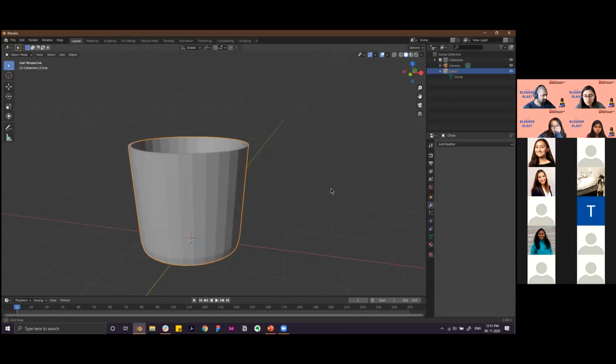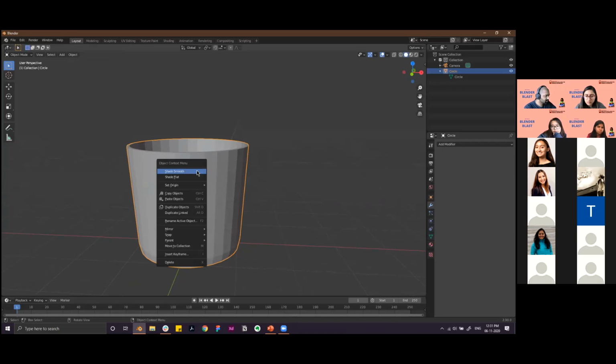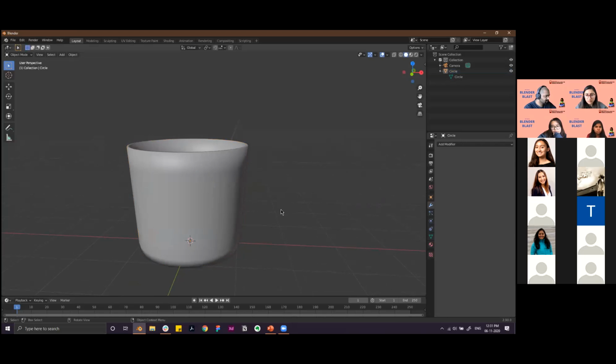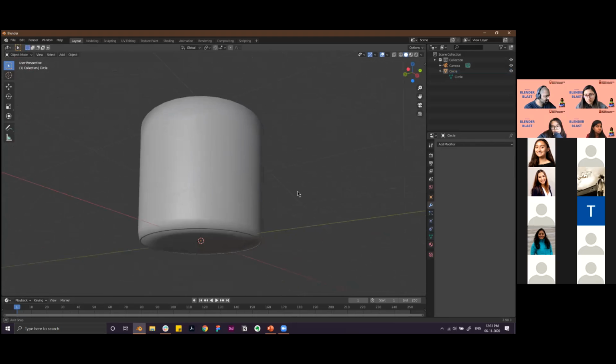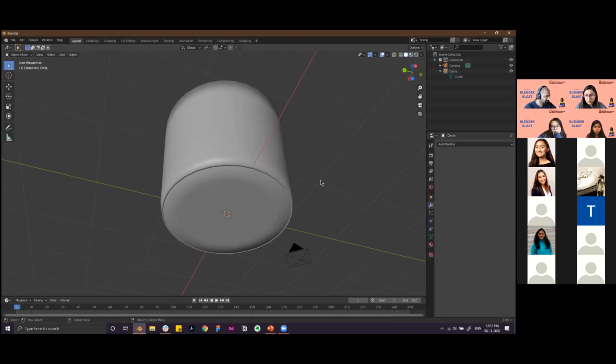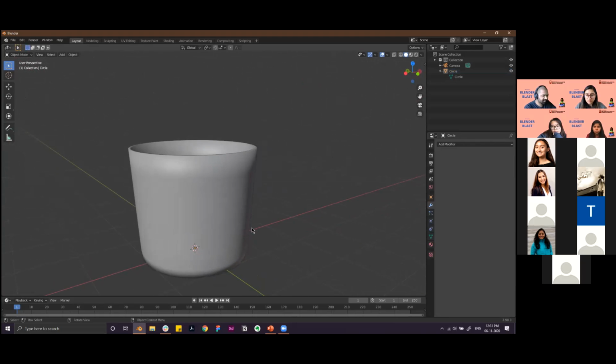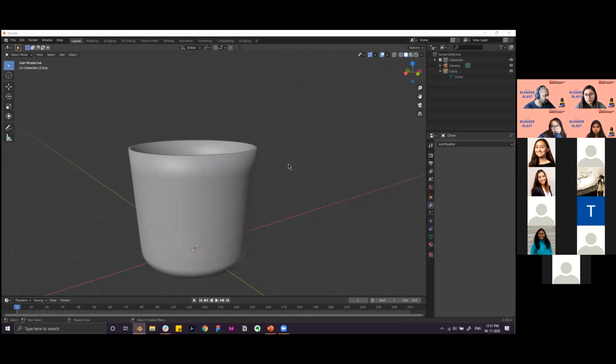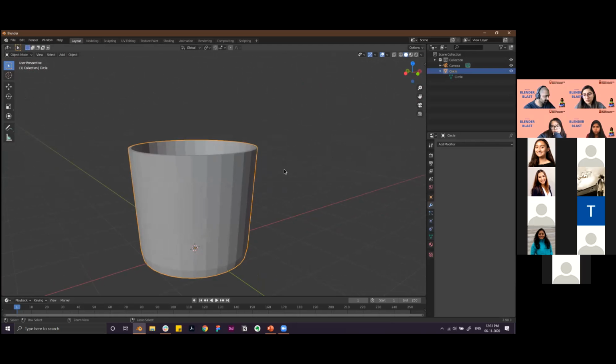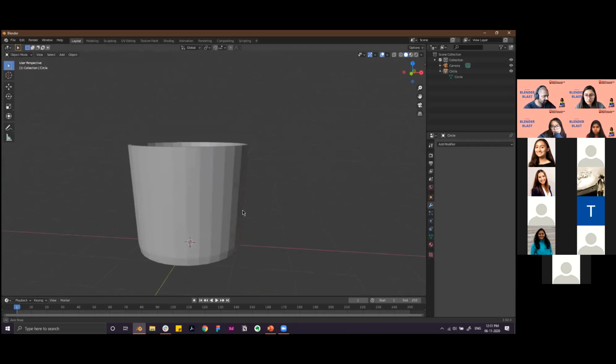Okay. Once you have this in the object mode, you can right click on the shape and select shade smooth, and it will give some sort of smoothness to the cup. Don't worry if it looks weird right now. We can fix it with subdivisions, but that's a later step. For now, if you want to keep it flat, you can do that as well. And maybe we can add it later on.